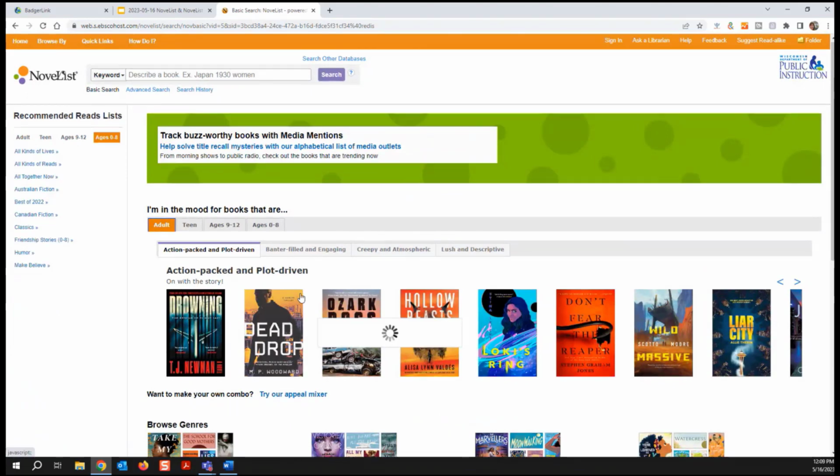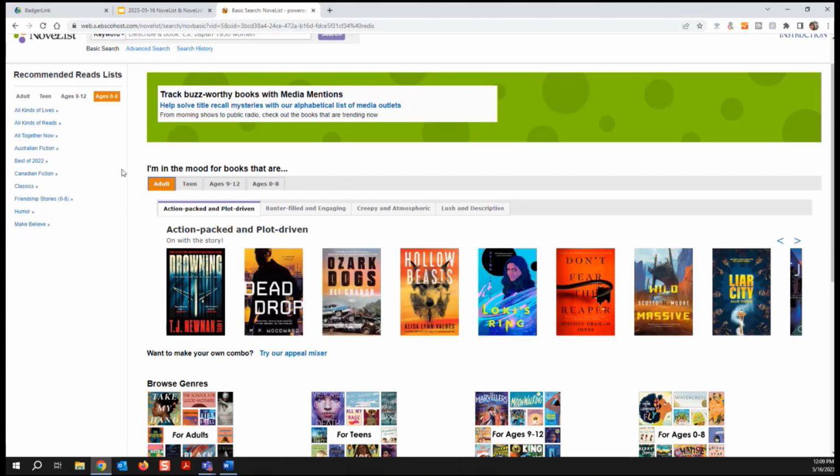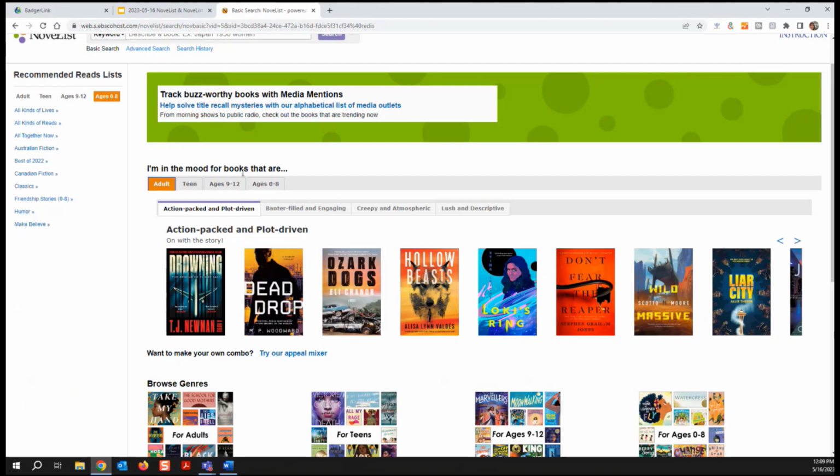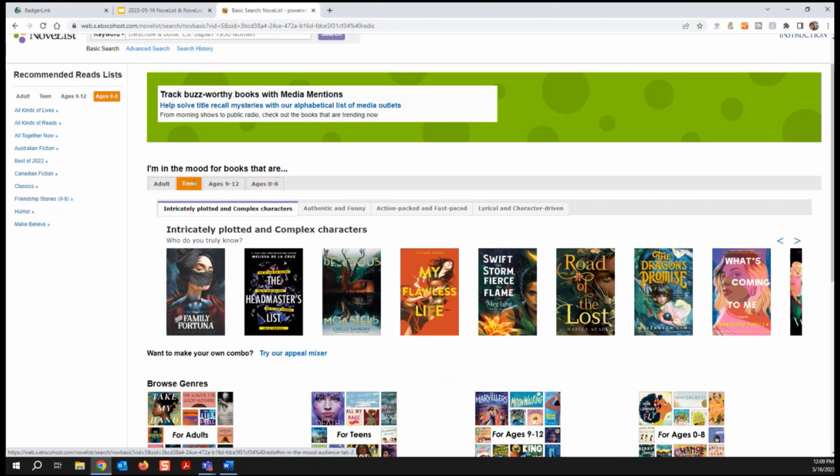You can also browse by appeal terms. Here, lower, kind of in the center of the page where all these eye-catching book covers are. This is under the "I'm in the mood for books that are" section. These are also broken up by age range. Again, with NoveList K-8, you won't see the adult, but you will see the teen, ages 9 to 12, and ages 0 to 8. You can select the appropriate age range, as with the recommended reading lists, and change the